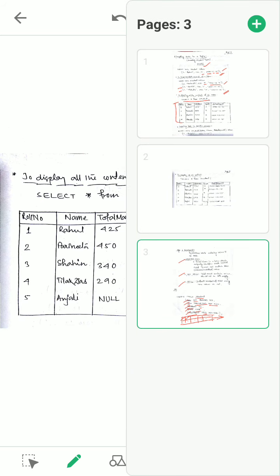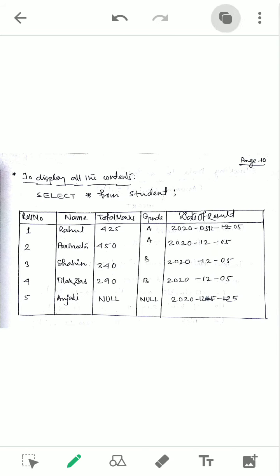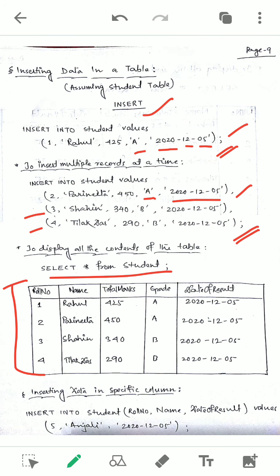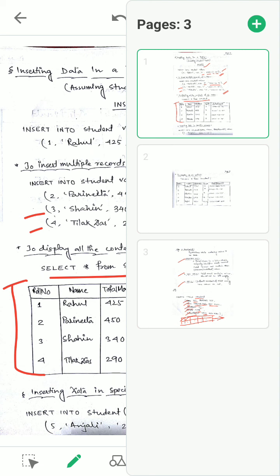You can see, as you know, roll number is a primary key, 1 2 3 4. Again you cannot give 1, or again you cannot give 2 or 3 and 4, because these are primary keys, it is unique always. And the rest of the